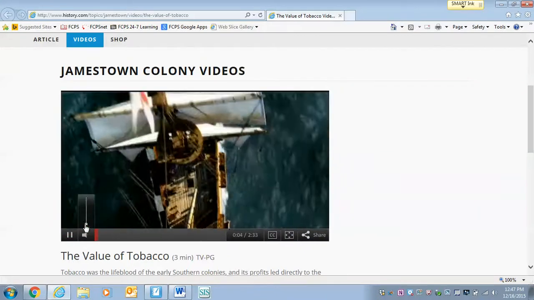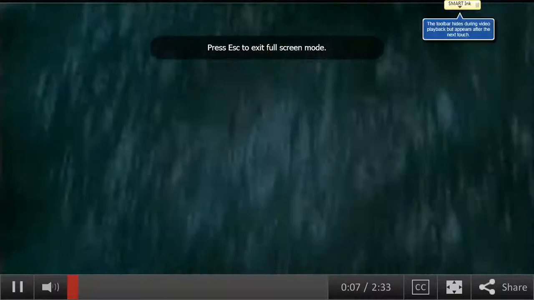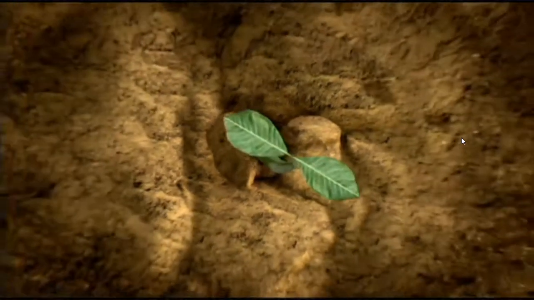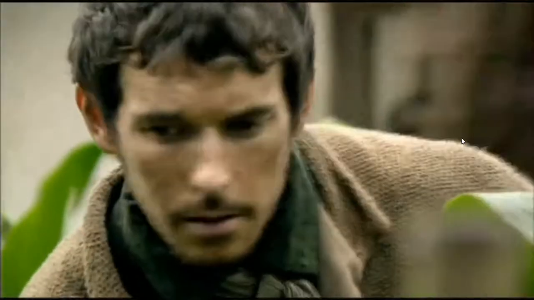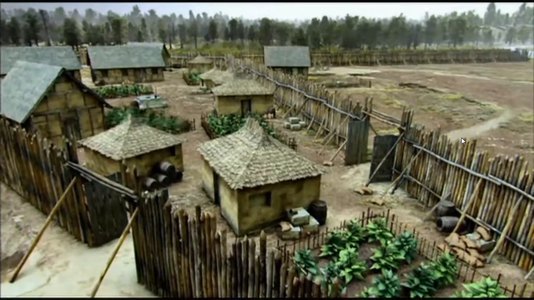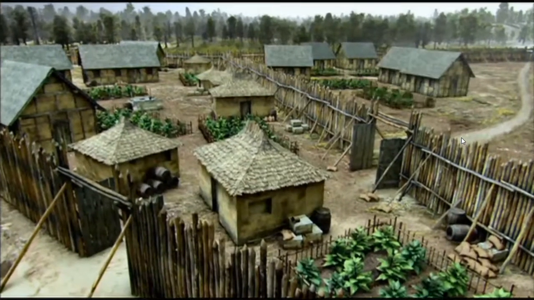Coming from Scandinavia or from Northern Europe with flaxseed sewn in their pockets, or grain from great crops that they grew there, and they brought them here to start what became the greatest agricultural economy in the world. Tobacco is the leading edge of colonial commerce. It's a cash crop. It produces tremendous value in exchange for significant but bearable investments of land and labor. And the demand for tobacco is immense. It's like a drug. If you're thinking about tobacco, think cocaine. And cocaine is just a drug that's addictive.